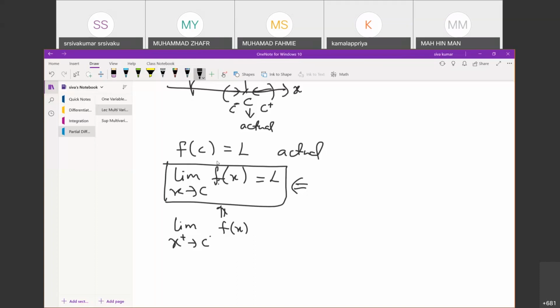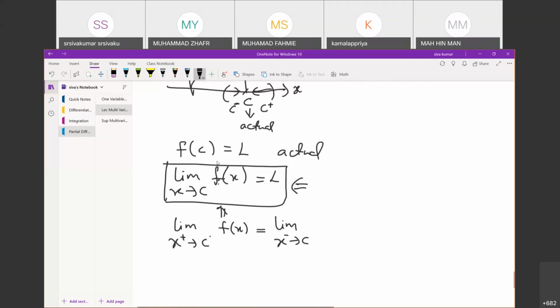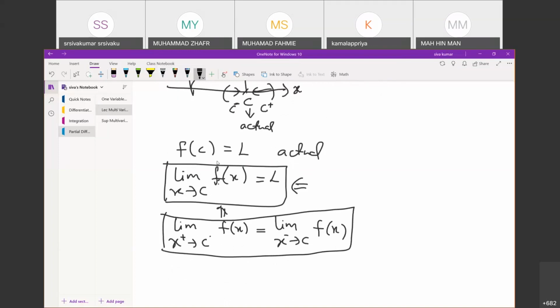And this must be equal to the limit that you are trying to see from the negative. From the negative, that means C negative, and from C positive is coming, it must be L. That means you are explaining this. When I write it in simple form, the elaboration is this. This is equal to this. Always remember, when people write like that, immediately you should be able to interpret it in this way.